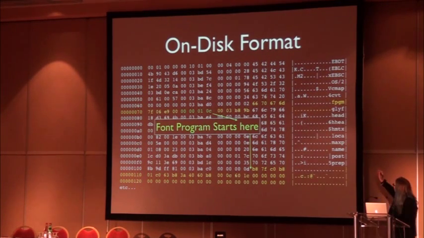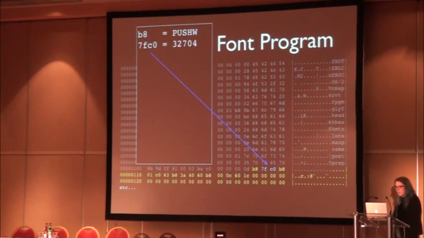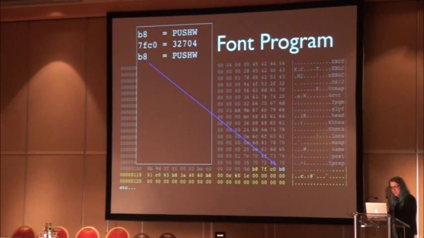So for example, the font program, in this particular case, starts actually like on the slide. So it's about 206 plus 12 bytes in, which is right there. And this font program is actual TrueType virtual machine opcodes, and they're pretty straightforward. Generally, each opcode is only 1 byte, and then some of them, mostly the push ones, have from 1 to 7 bytes of operand.